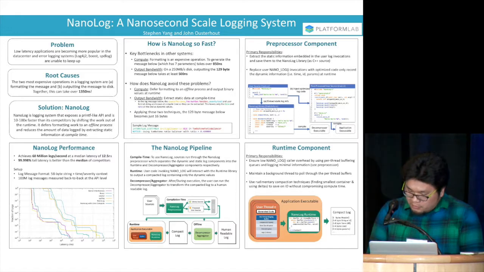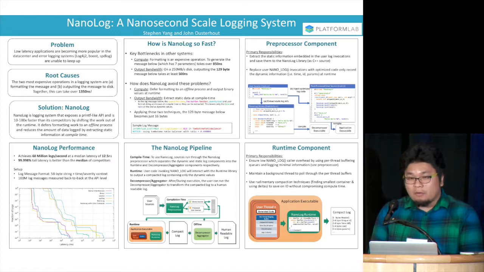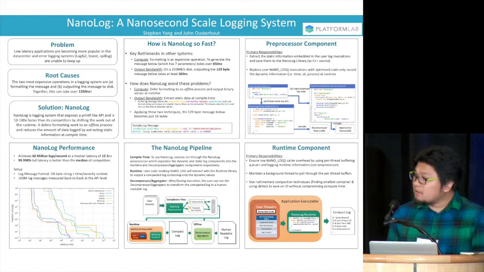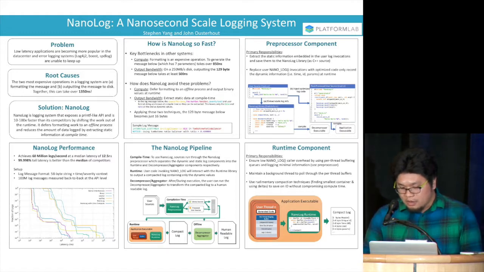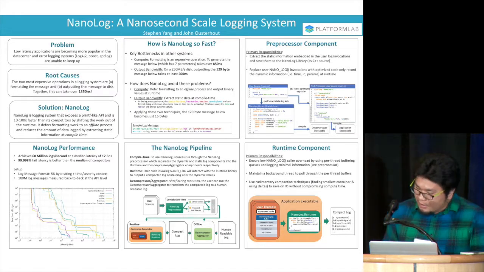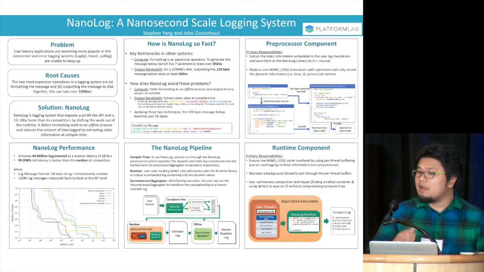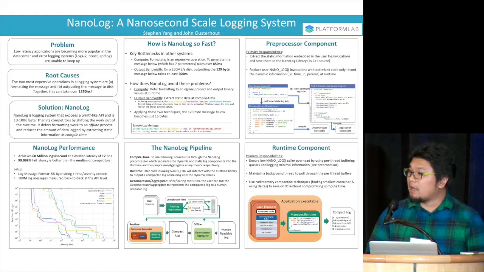The system has a throughput of over 60 million log messages per second at a median latency of just 12.5 nanoseconds. For comparison, our closest competitor, Log4j2, only achieves a throughput of about 1.5 million log messages per second. And it achieves this insane performance by shifting work out of the runtime hot path into the compilation and the post-execution phases of the application.